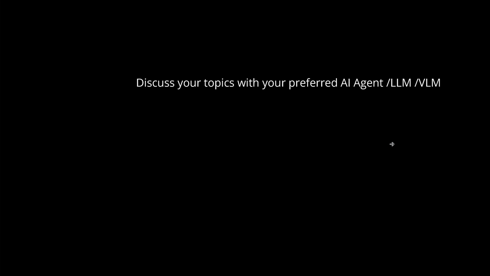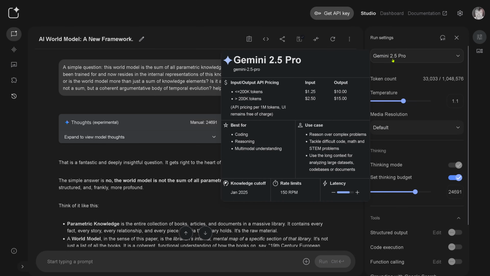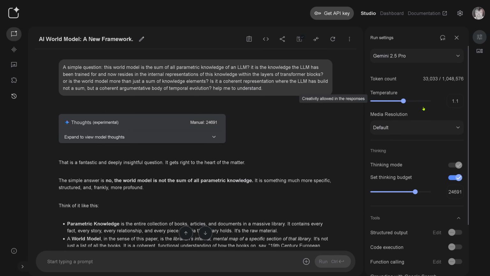You see, you can have so many perspectives, and AI give you those perspectives, but you have to read here the scientific paper. After you read the scientific paper, you can start to discuss here your particular topics. After you understand what is important to you and what you have read, I go and then I talk here to my preferred agent, my LLM, my vision language model, and I go here with a free version. Of course, why should I pay for this? So you see, I go here to Gemini 2.5 Pro, beautiful, and just select a little bit of a temperature. I think I set the thinking budget quite high, 25K, and this is it, nothing else.